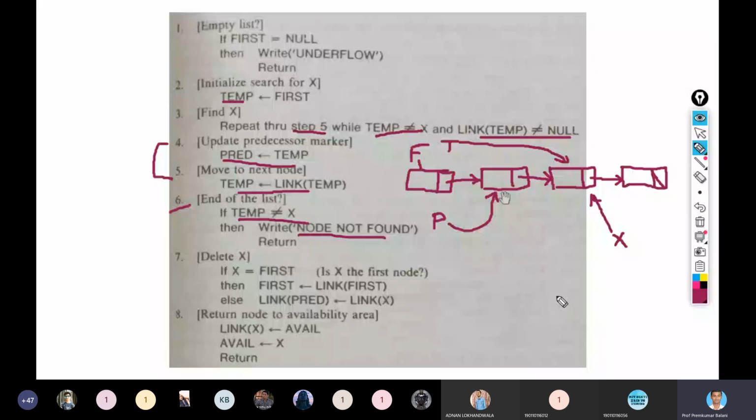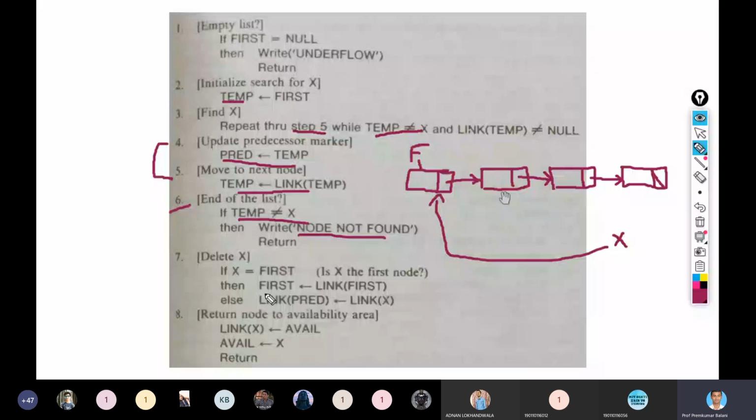To explain this case, let me create that case. Suppose x was pointing to the first node, and now you want to delete this first node.